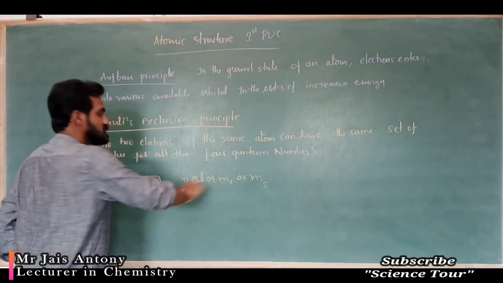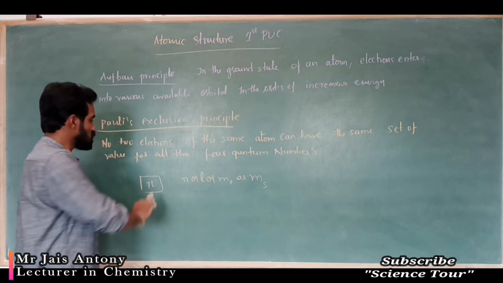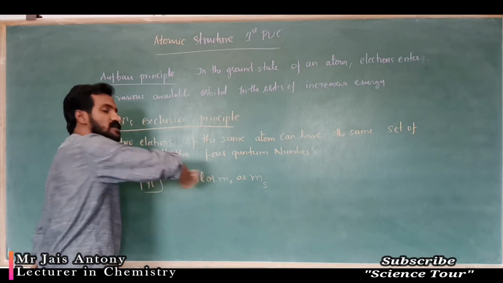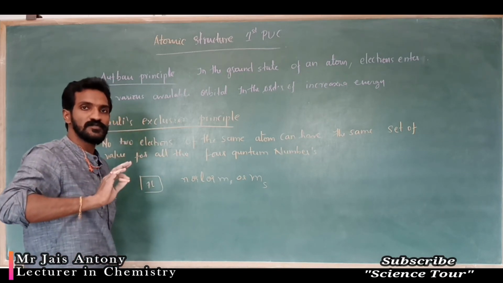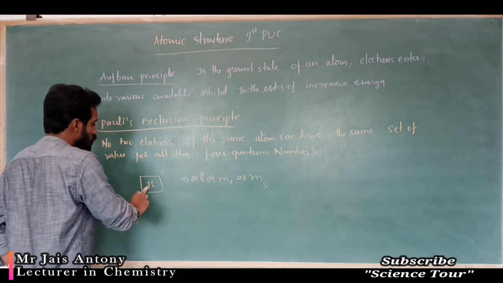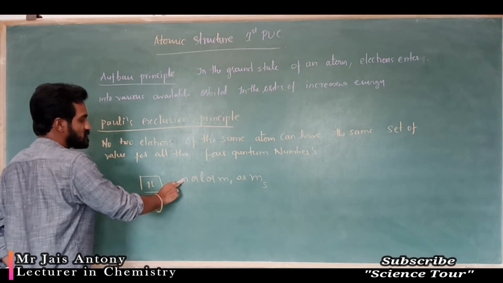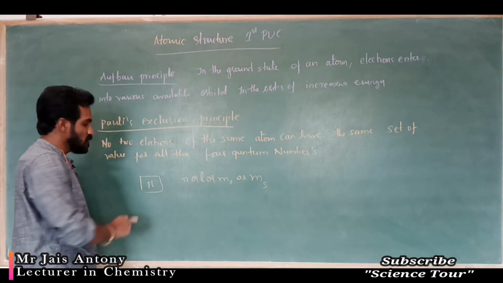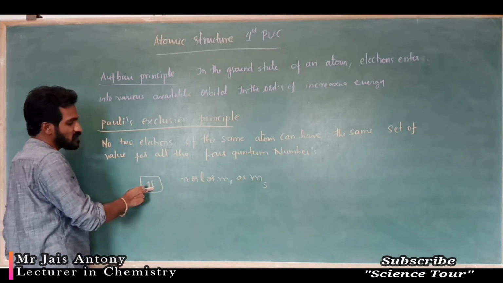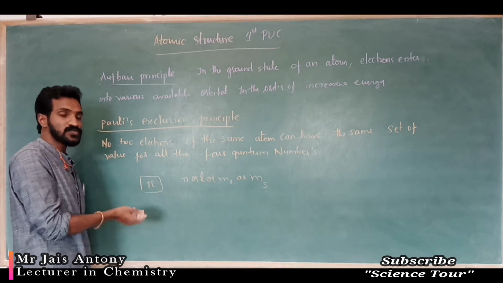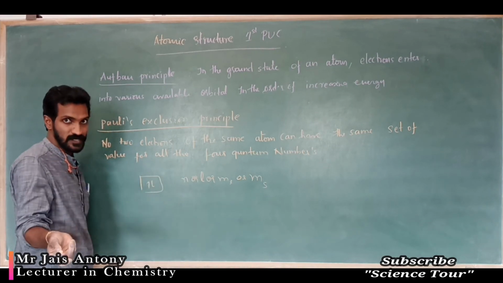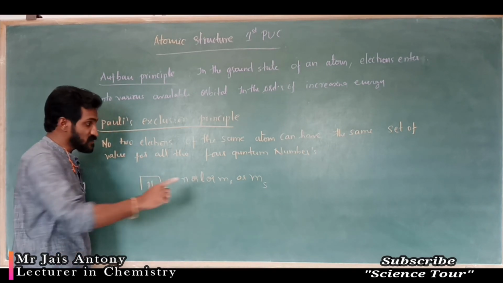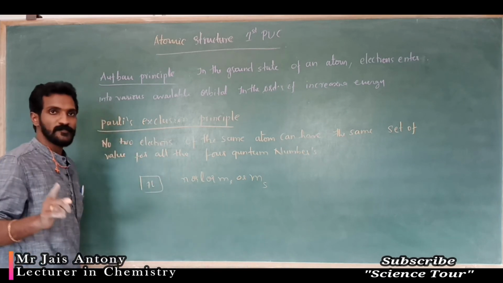Sometimes these three may be the same. Understood? For these two electrons, these three may give the same value. For this electron, what n value is there? For the same, this electron also shows the same n value. This electron, what n value is there? This electron may show the same value. It depends. But at least one of these may be different.